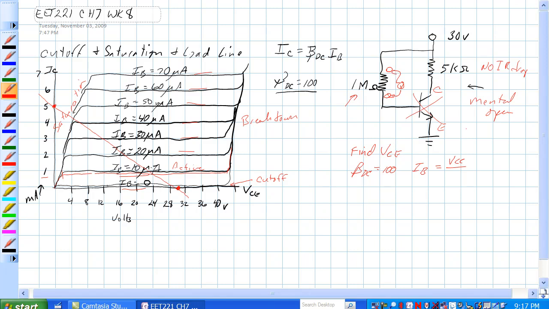So we're going to have to undo some of this. What would be the voltage drop across this device? We have a 0.7 volt drop at the base to emitter junction, so IB is equal to 30 volts minus 0.7 volts divided by 1 megohm, and that is equal to 29.3